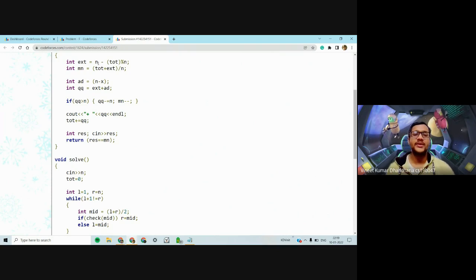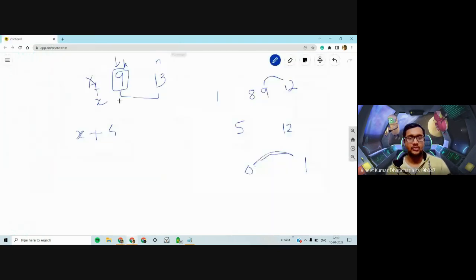So what we do is n minus total, modulo n. This is the extra amount, and if we add this to x, now x would have the same parity as it had earlier. So suppose this was 10 instead of 13, and x was some value.